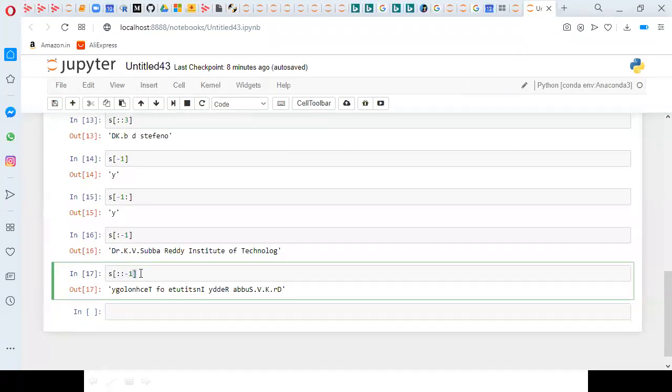So I'm getting stepping with minus 1, and the string reverse occurred.